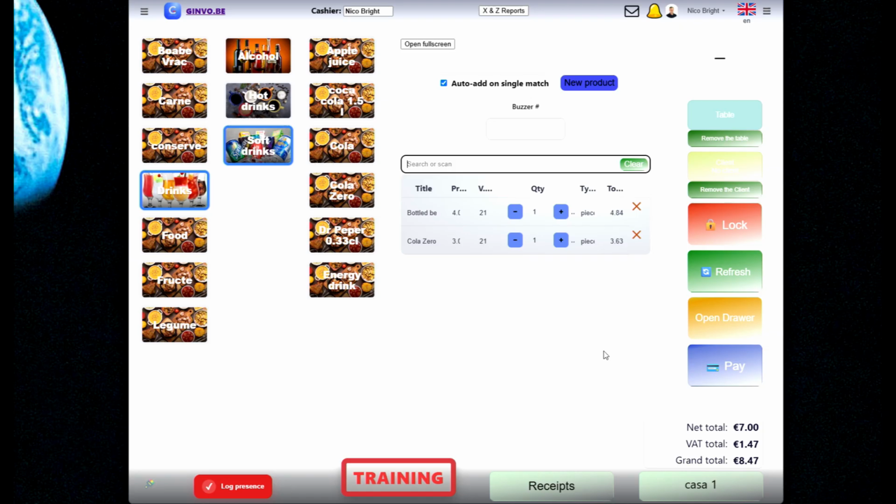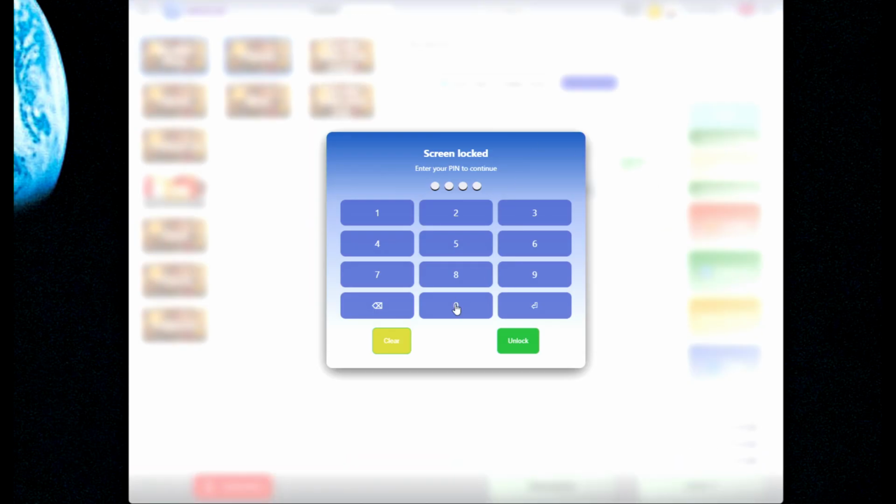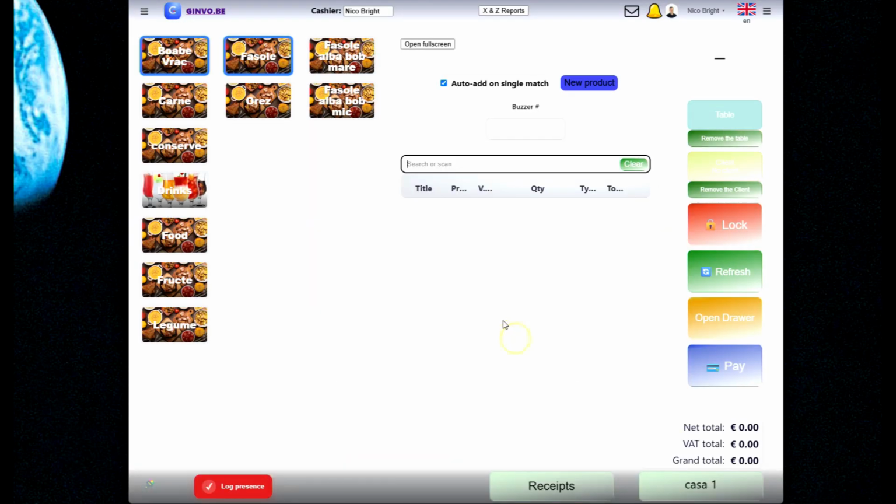Training activity is stored in the Ginvo reporting system. Managers can later review these transactions from the dashboard and distinguish training operations from real sales. This makes training mode useful for onboarding new employees, demonstrating the POS, or testing operational procedures without confusing training activity